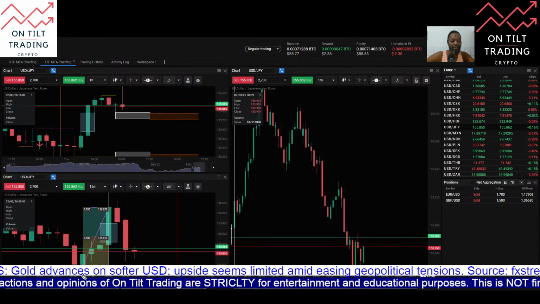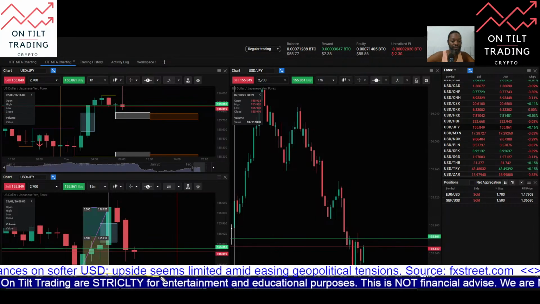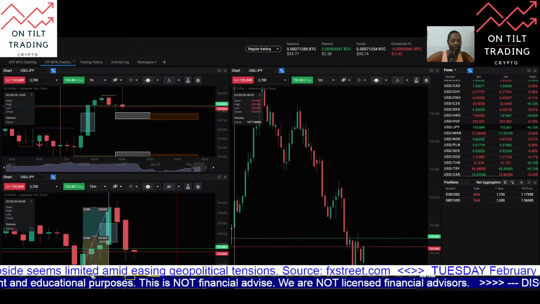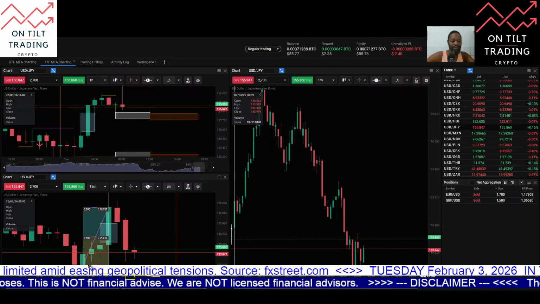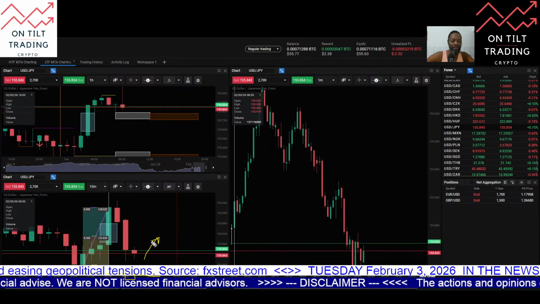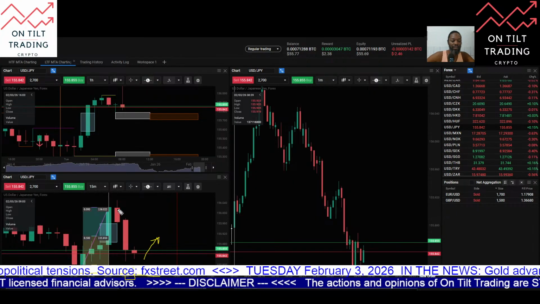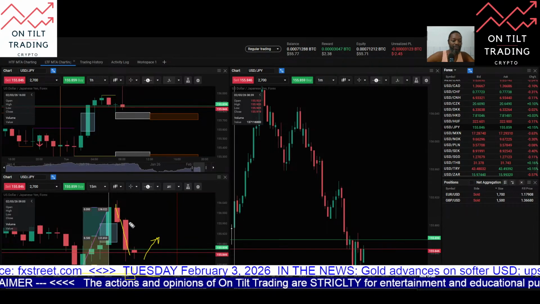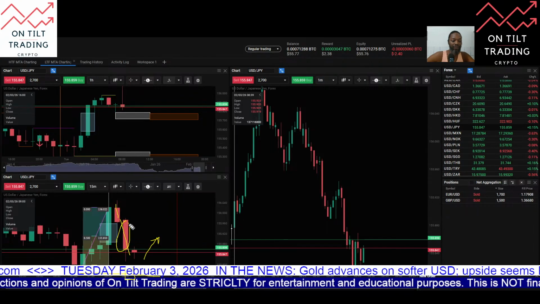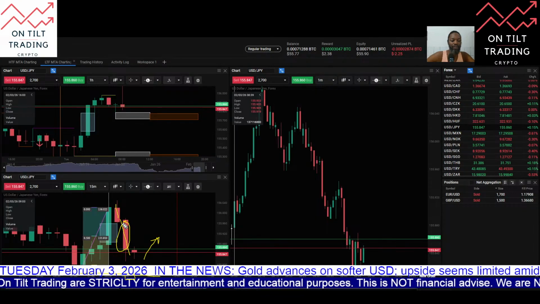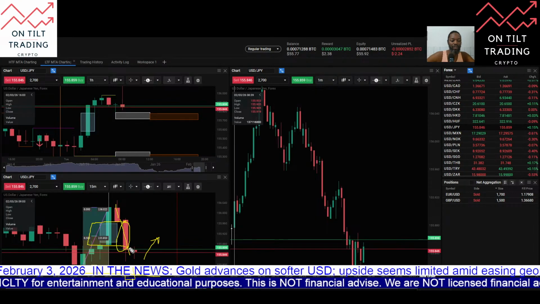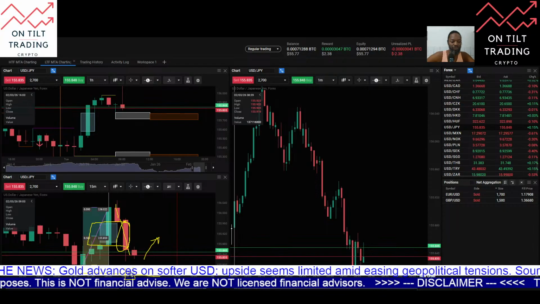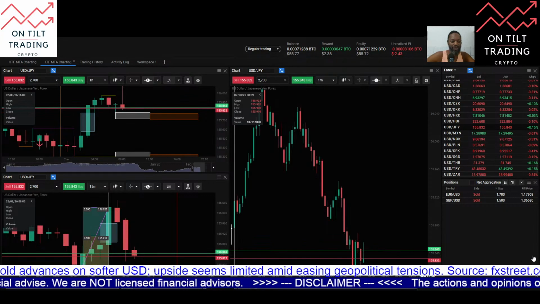But until I see the confirmation that I want to see, which would be a body candle close below this dealing range swing low, until then my bias is still going to be to the long side, as these confirmations of this engulfing series of candles and this inverse fair value gap, these are confirmations, but I want a stronger confirmation, which is why I want to see this body candle close,